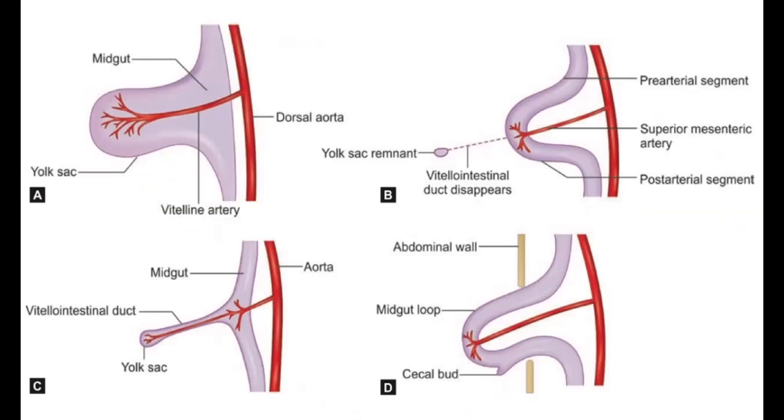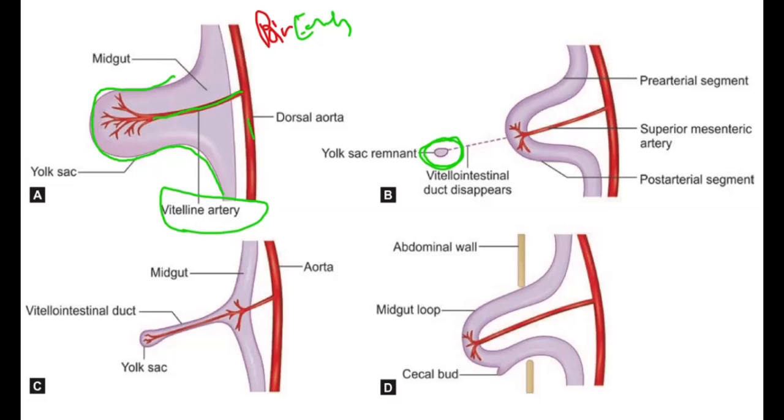We will see that. This is very primitive, okay, very early. You see the whole, this is the yolk sac, and this is the vitelline artery, right? Dorsal aorta, vitelline artery. As the embryo ages, the yolk sac becomes obliterated. Okay, it becomes less in size. So the intestinal loop becomes tubular, right? Tubular. Because of the growing stomach and peritoneal cavity,